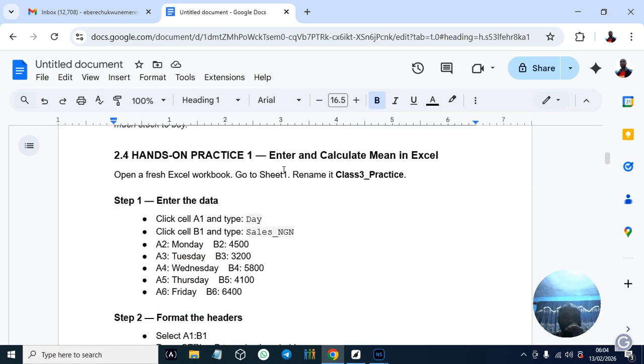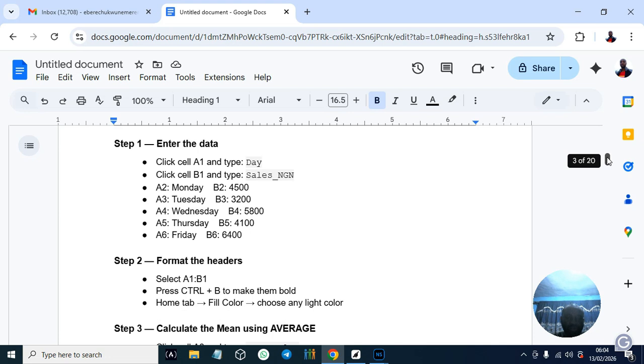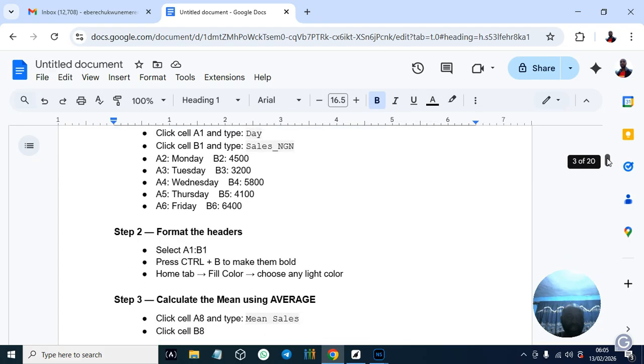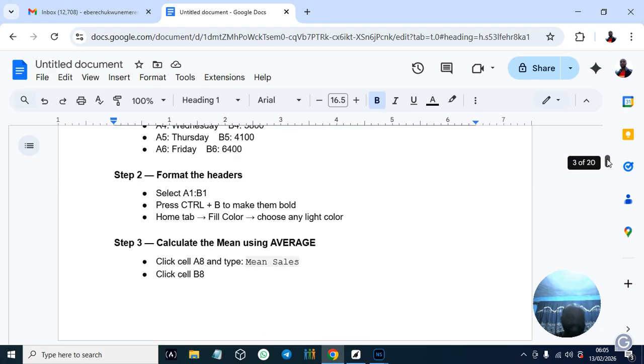This is practical Excel. Enter the calculation mean in, like I said earlier, we'll do it by hand and do it in our Excel. So open your Excel sheet or Google Sheet, anyone you have. You follow these steps. Okay, let me open my own. When you open it, you follow this step by step. I've already done my own. Because of the length of the video, I'm not going to be doing it for you. So follow the steps as I step for you, and I believe by now you should know how to be entering all this, remember how to create it, and I've already simplified it for you.